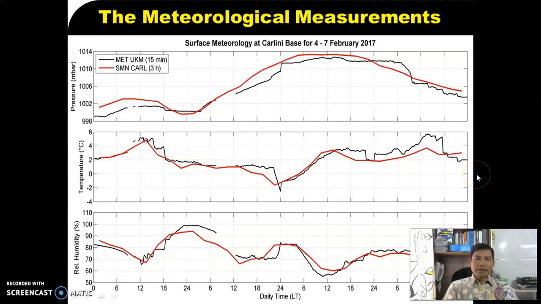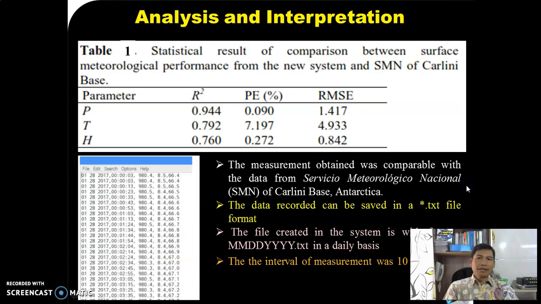This is the measurement result we produced for 4 to 7 February 2017. The solid black color is our measurement, and the red color is the comparison measurement from Carlini station for pressure, temperature, and relative humidity.